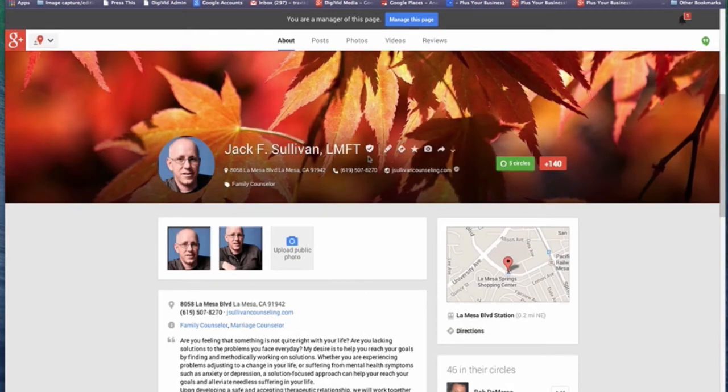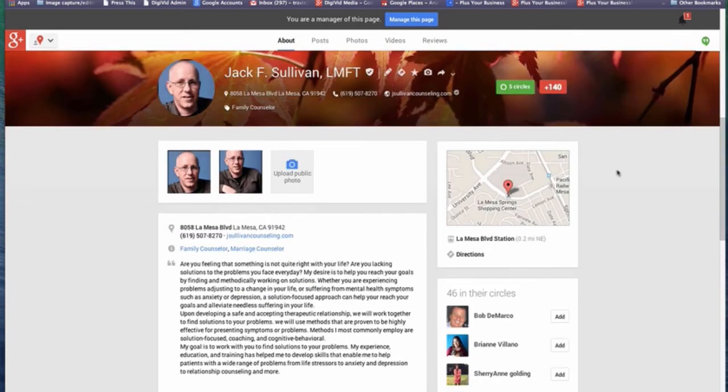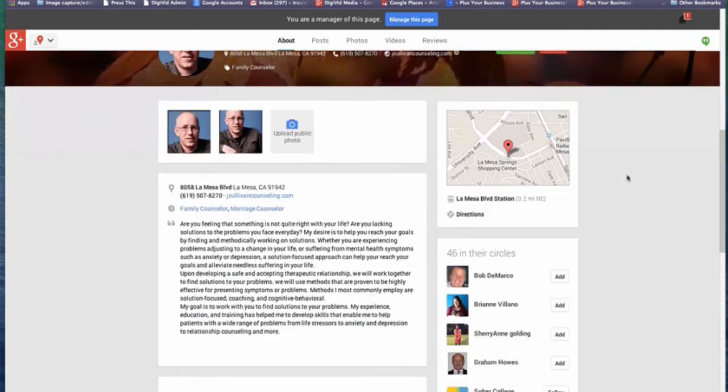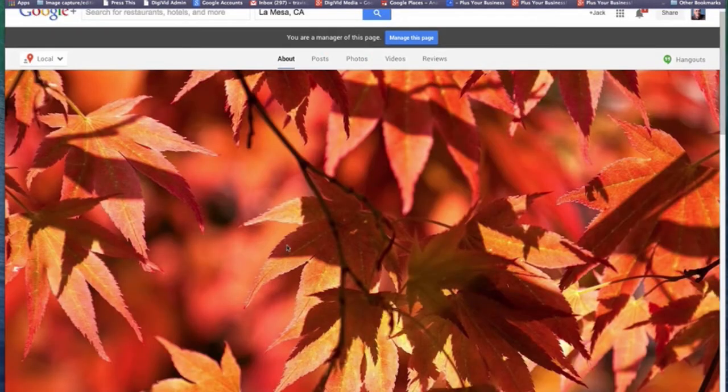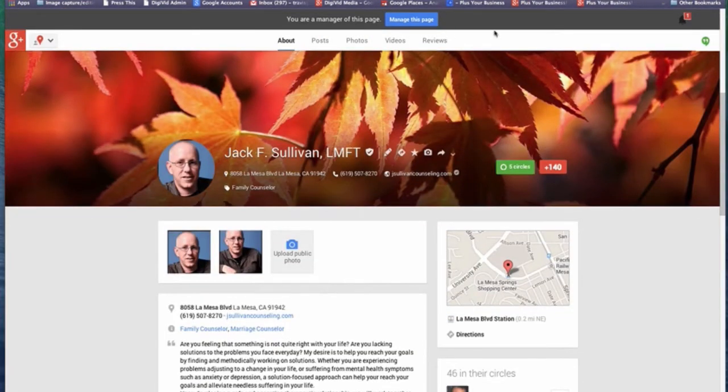Now if you don't have this, you can't access the new Places dashboard, which means you won't be able to combine your local Google Plus page with your Google Plus page. And so that's essentially the only situation I know of where local Google Plus connects with Google Plus. And again, it's a local business that you can go to. Now again, to edit this, a review down below, and at the top again, the posts, here's a big difference.